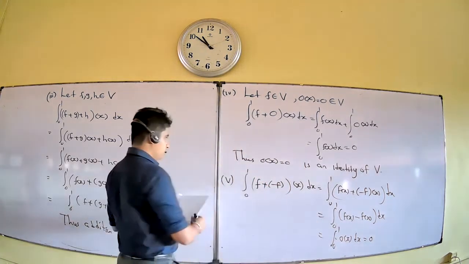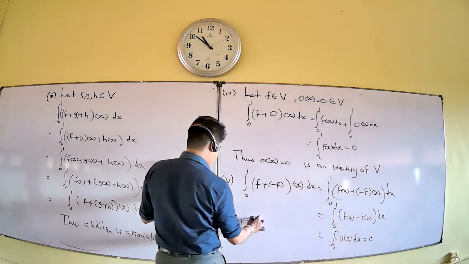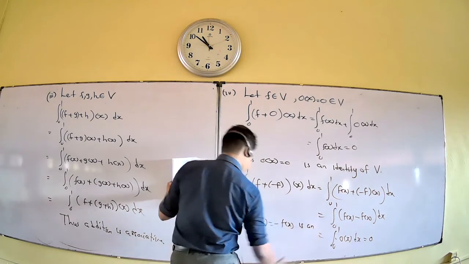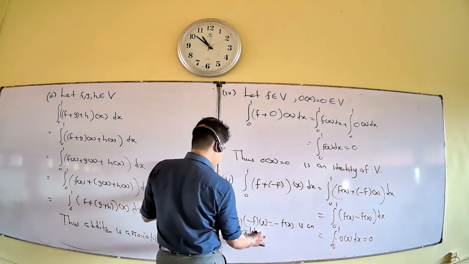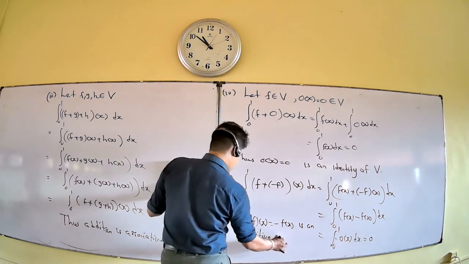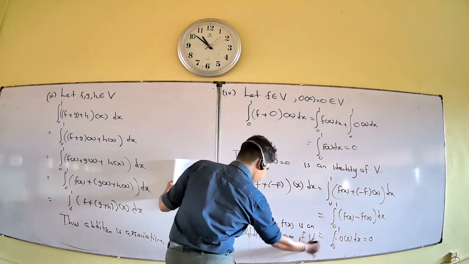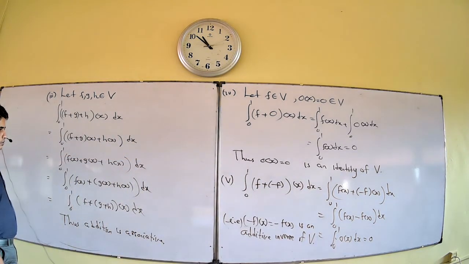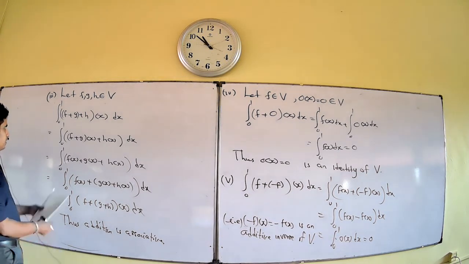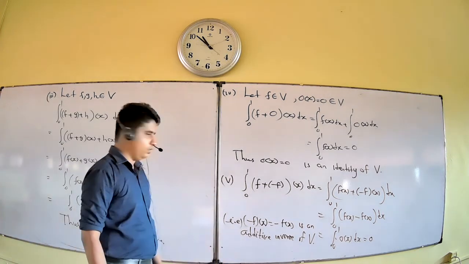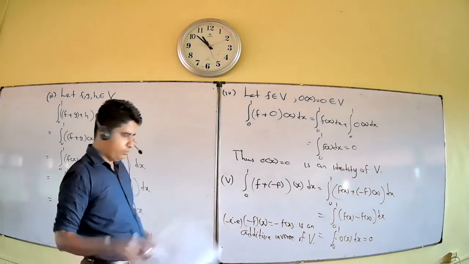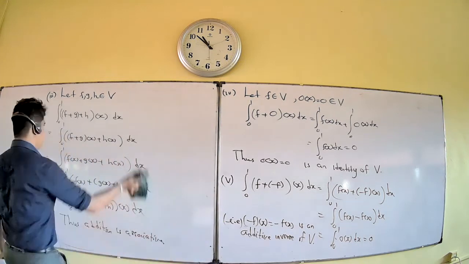Okay, therefore that is minus f of x. It is minus f of x is an additive inverse of B. Okay, additive inverse of B. f is a continuous function in B, right? And satisfies this addition condition also, right? The integral from 0 to 1 of f(x) dx is 0. Therefore, here minus f is an additive inverse of B. For the next condition, closure property of the scalar multiplication.